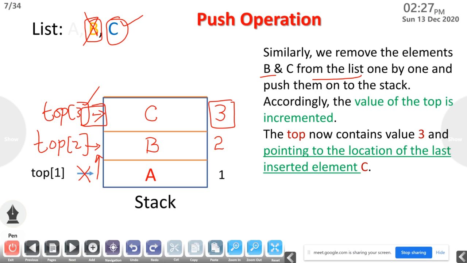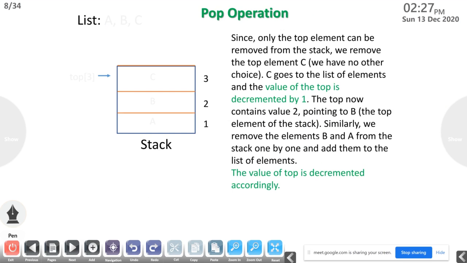So this is the operation that we can do with the stack. The first operation is the push operation. So I think it's clear. Now we are moving to the next operation, that is pop. What do you mean by pop? Pop means deleting an element